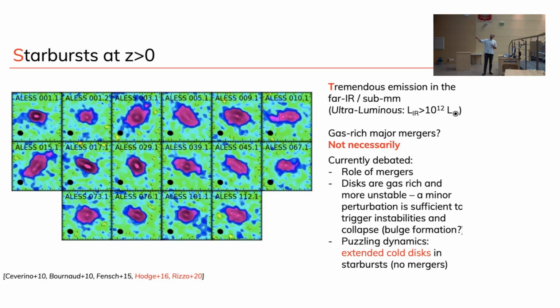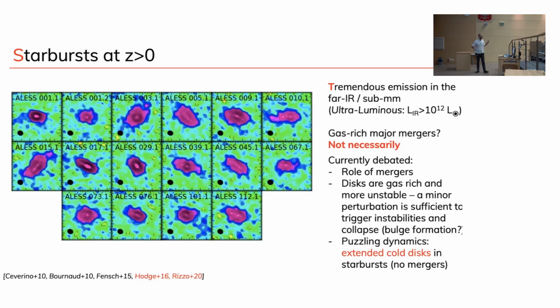ALMA is a great advantage that allows you to look at the structure of galaxies. So this is basically what in the optical would be a point spread function. This is the smallest size that you can probe. And you see that these things look actually pretty extended, so nothing crazy compact like those dusty cores that you would expect when you merge galaxies together. They're pretty extended. And not only that, there are now indications that these things are not chaotic. If you look at how the gas is distributed in these galaxies and how it's moving, it's actually remarkably regular. So we're still debating at the moment what is the role of mergers.